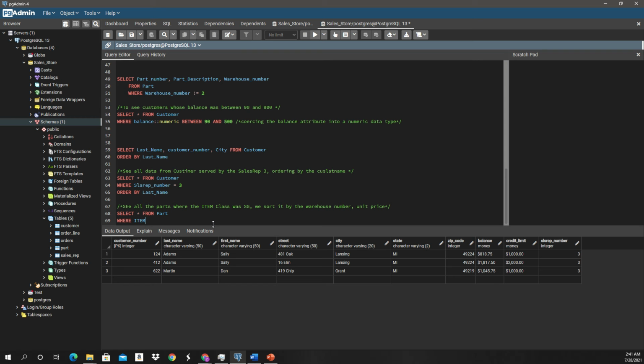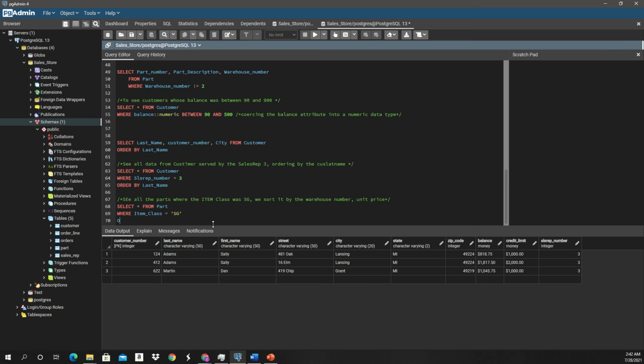where the item underscore class, not that it makes much of a difference with Postgres. It does have a difference when you're dealing with SQL Server, by the way. The capitalization in SQL Server is more important, and I can't remember, but I believe the same thing is with Oracle, but Postgres doesn't care. SG in this case, order by the warehouse underscore number, and then the unit underscore price. So if we run this,